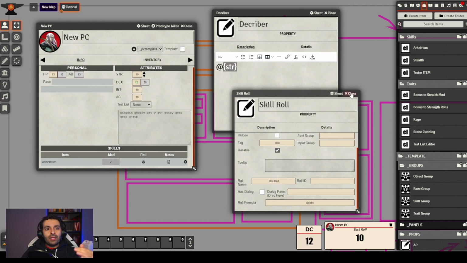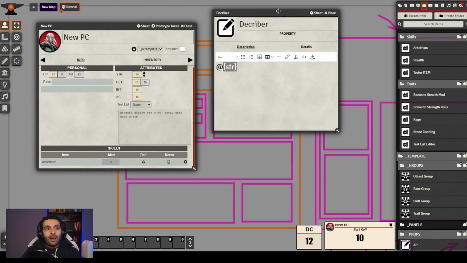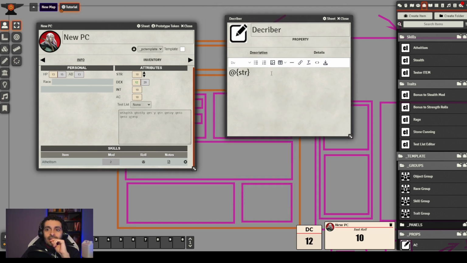Let's continue with some more role expressions. The next role expression that we're going to look at is going to be max. So how to use max and what does it do?